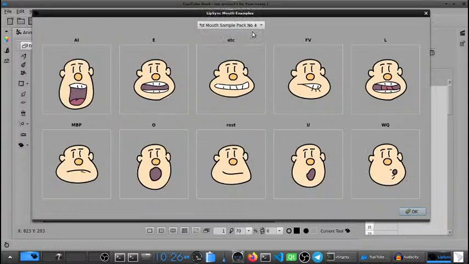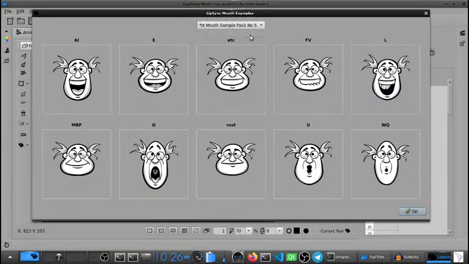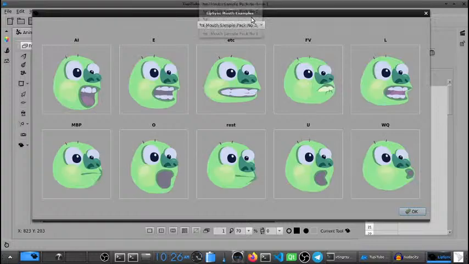Remember that you can create your set based on the visual style you want to. It doesn't matter which style of drawing or illustration you are doing, you can create your own set of mouths. So don't worry about it. This is just a reference, as I mentioned, so you can study.